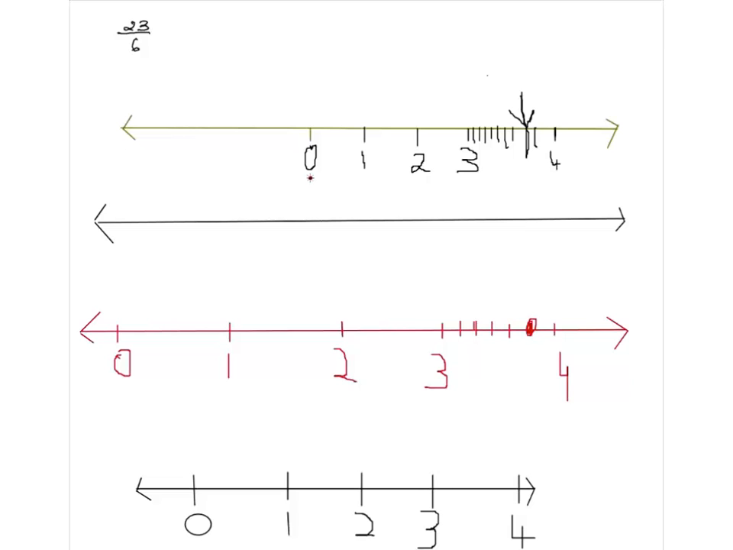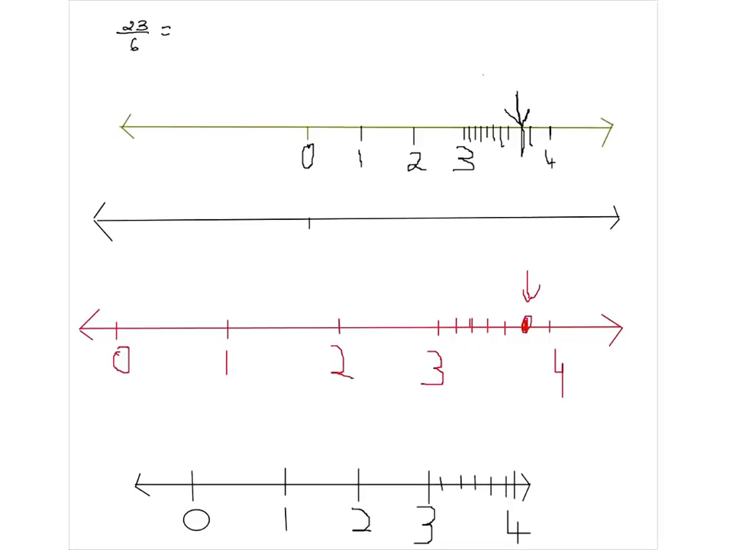Okay, I can see some improvements in the quality of the work. That's good. You can carry on. 23 by 6 is basically 18 plus 5 by 6, which is 3 plus 5 by 6. 1, 2, 3, 4. How many parts? 1, 2, 3,